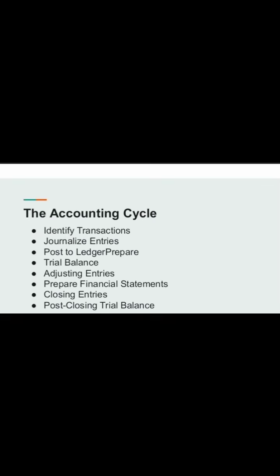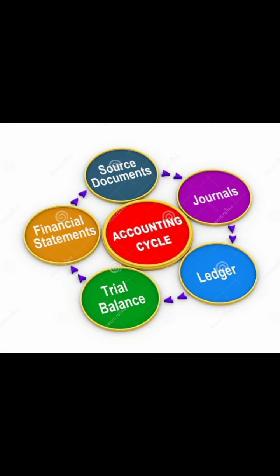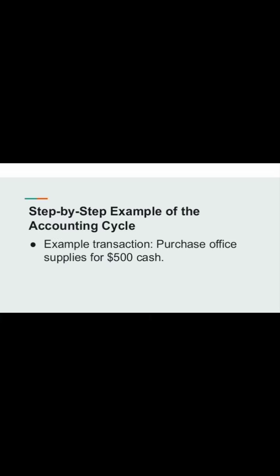The accounting cycle follows 8 essential steps, starting with identifying transactions to preparing post-closing financial reports. Let's briefly walk through each step. Suppose your company purchases office supplies for $500 cash. First, you identify the transaction, then record a journal entry debiting supplies expense and crediting cash. Next, post to the ledger, update